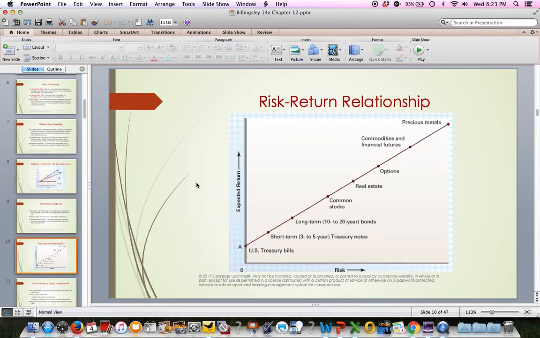This does not give you the actual rates of return, but it just shows you that if you choose point A on this chart, you are at a very low interest rate with zero risk if you are the U.S. Treasury bills. And then as you take on more risk with different types of investments, then you are exchanging that risk for higher return. Okay, so that's where you're at.